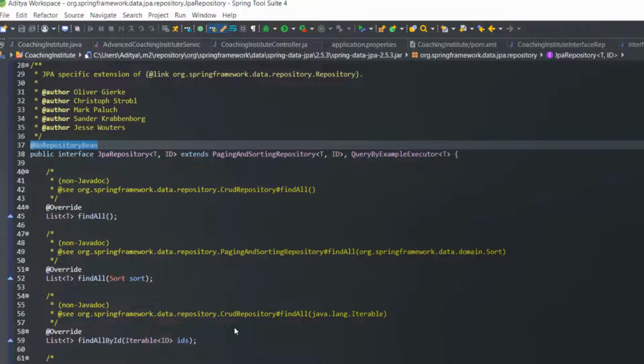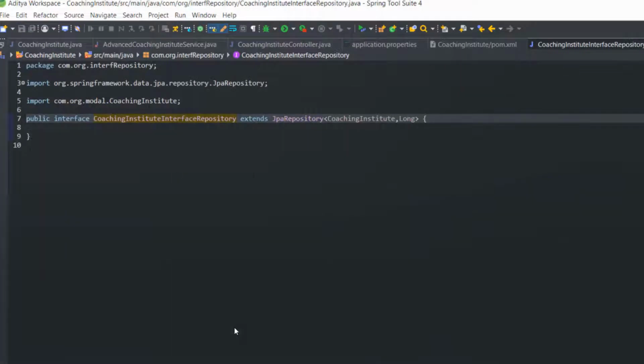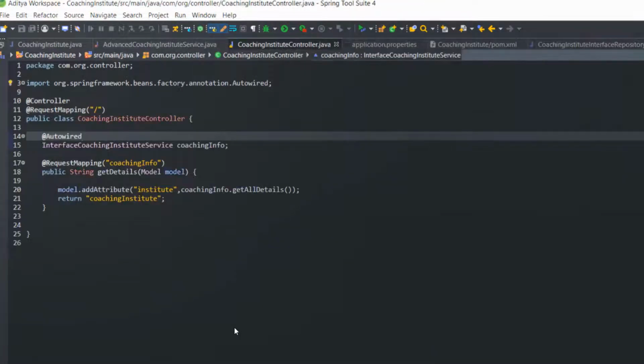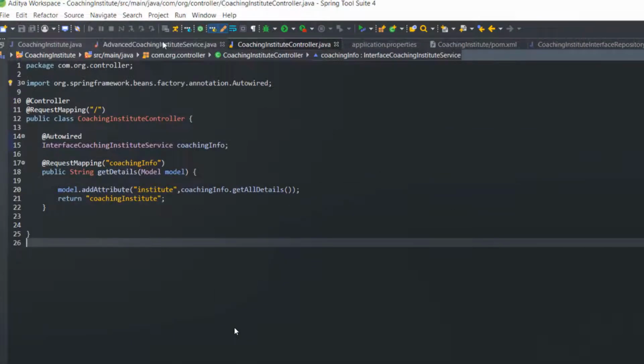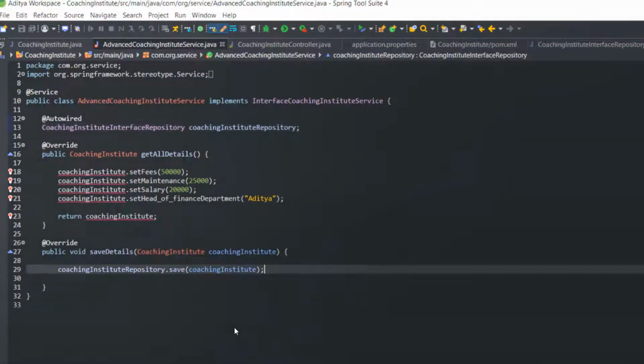Now you can see that this is the interface. Again, I am going to PagingAndSortingRepository, which extends the repository, and that is also an extended interface. So @NoRepositoryBean is used for providing an extended base interface for all repositories. Okay, so up to that much we understood how this will help us save the data. Now up to service we have done.